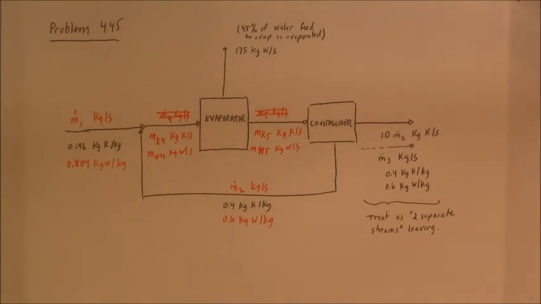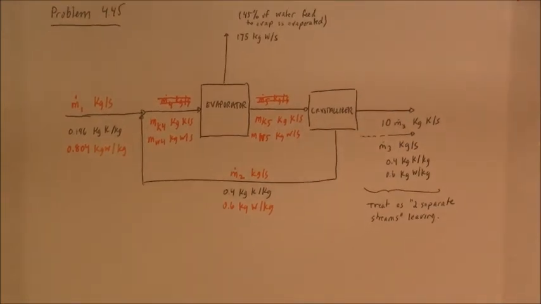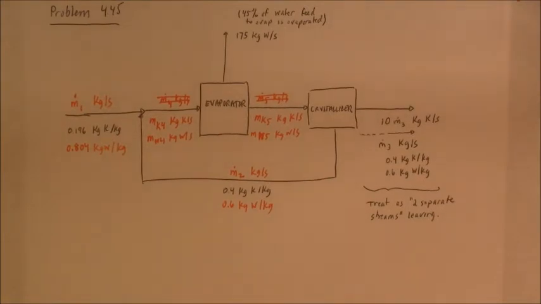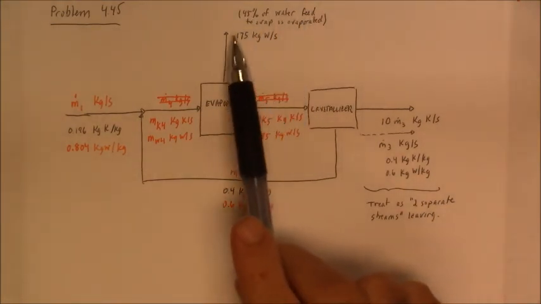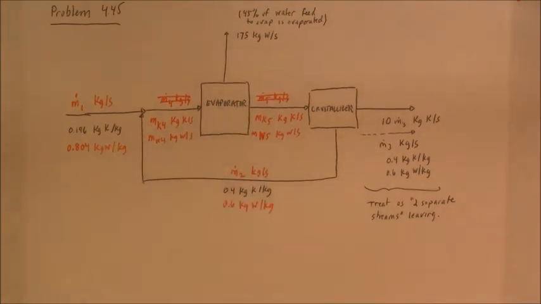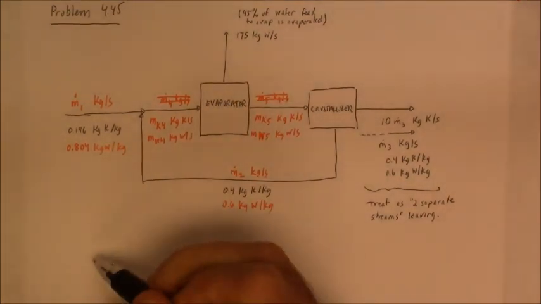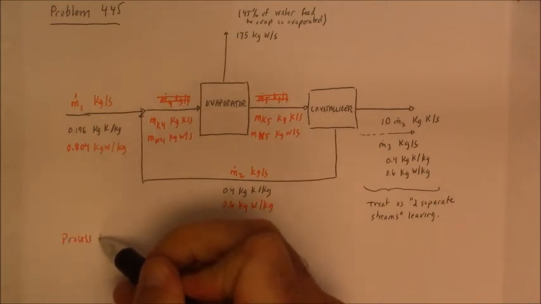Alright, so now I need to do a degree of freedom analysis. First, though, before I do the degree of freedom analysis, I want to see if I can use any of the process constraints or information that's given in the problem. For example, do I have experimental data that I can use to determine the unknowns? Are there process constraints I can use to determine information? We're told that 45% of the water fed to the evaporator is evaporated. So that's 175 kilograms water per second. So based on my process constraint,